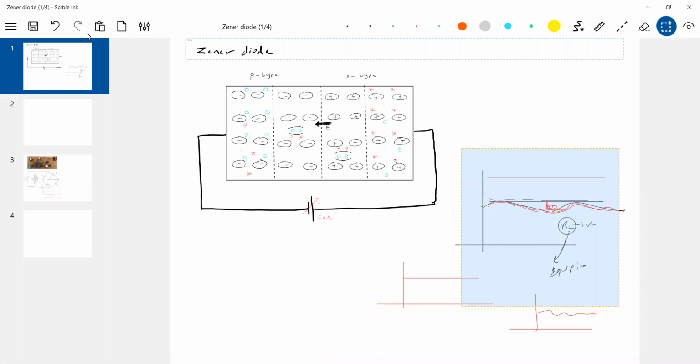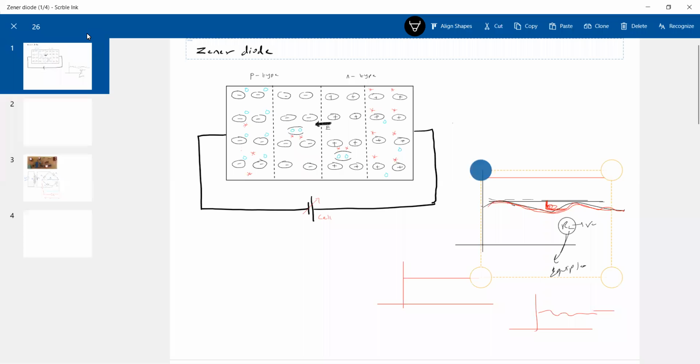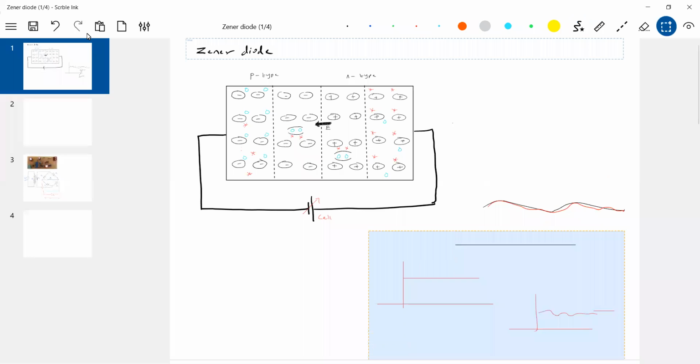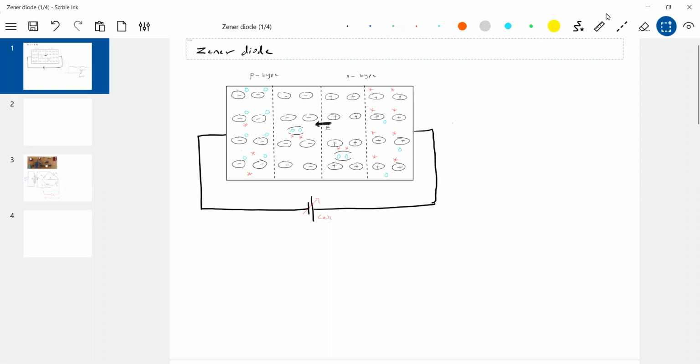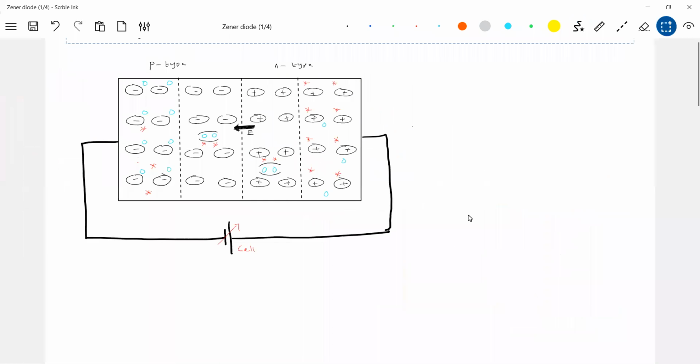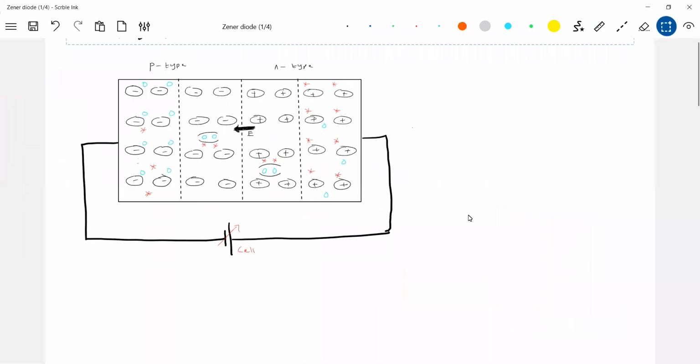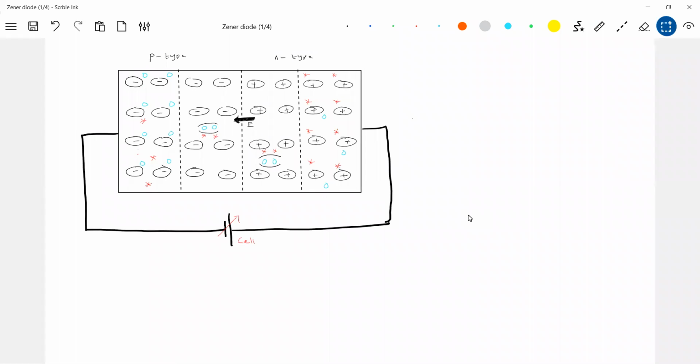So first, the Zener diode. It's a specially designed diode which is used in reverse bias. An ordinary diode I cannot use in reverse bias. Any reason? It will burn out. So what changes do we make? I'll go for heavy doping. The P-type and N-type will be heavily doped, or more popularly, the N-type will be heavily doped here. Okay, let's not bother that much here. So the P-type and N-type are heavily doped.